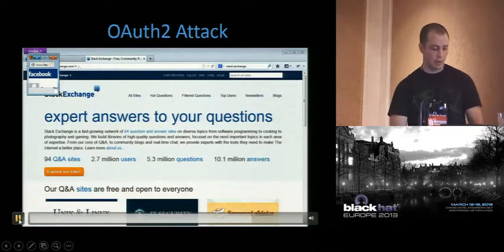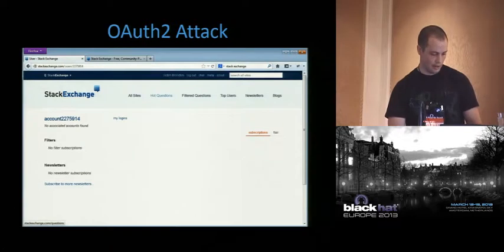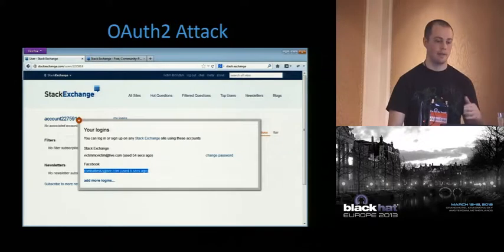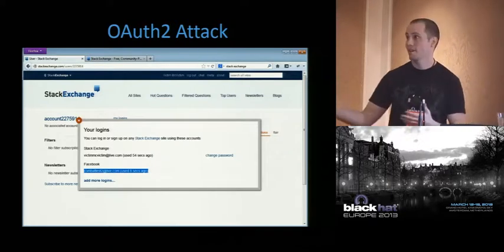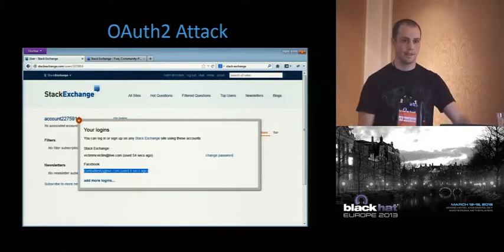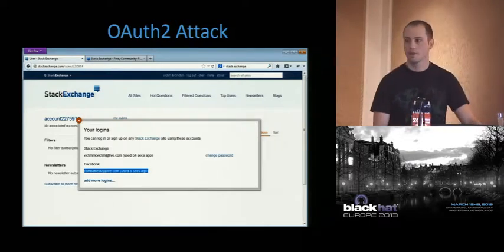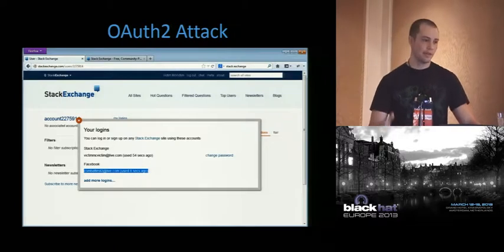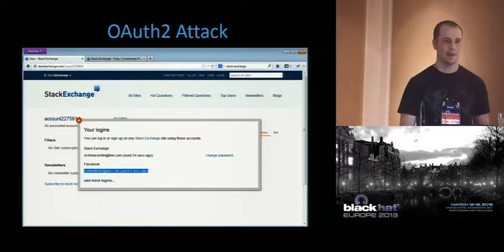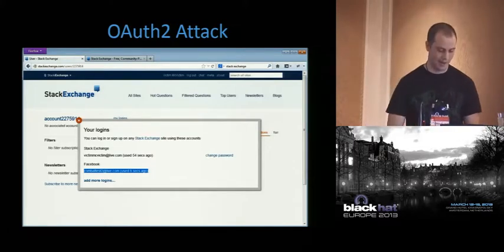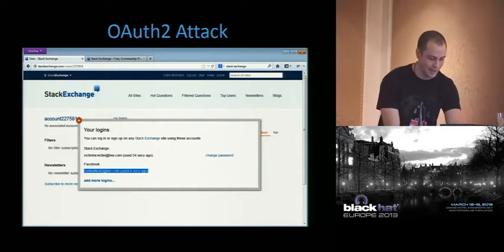And so now we post to Stack Exchange, and we can see that our attacker account is now associated with the victim account. Does the attack flow make sense? It's a very cool attack, and it's bad, right? Because if you think about it, we've completely owned their account. The Stack Exchange engineers later told me that you actually could disassociate their accounts, but I couldn't figure out how to disassociate my account. So I owned it forever, which is cool, but it's also kind of hard to test because you own it once and you need to create a bunch of new accounts.